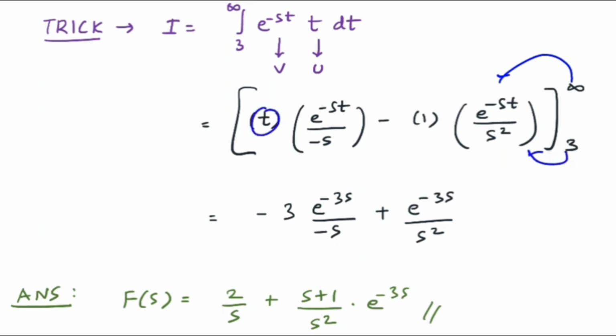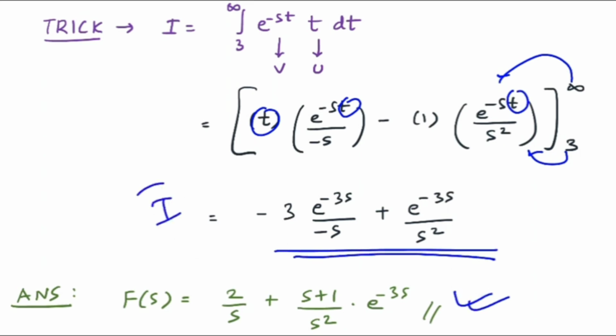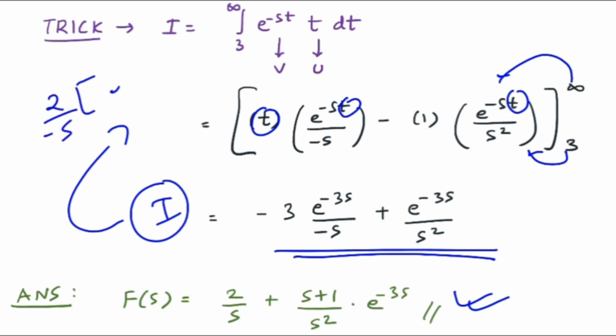Now the next task is to put the upper limit and then minus the lower limit. So wherever t is present, you have to first substitute infinity and then minus the lower limit. You will get this answer. Do the simplification because this is I. You have to do the resubstitution backward because in the previous slide you have seen the answer was 2 upon minus s into e raised to something minus s, right? So this was the previous term. You have to add this with I and you will get the final answer.